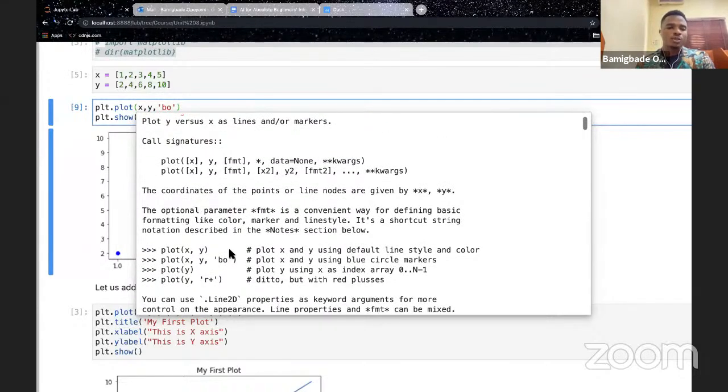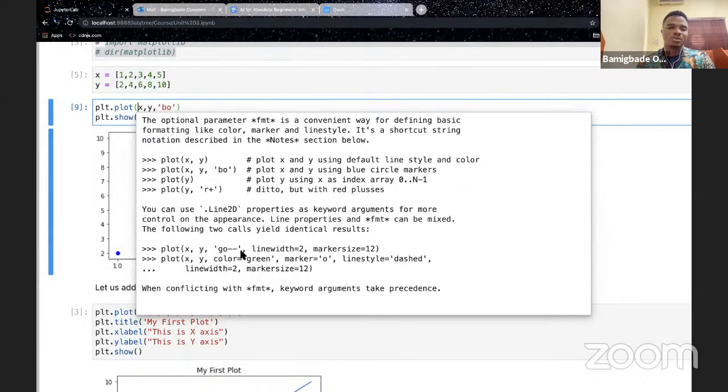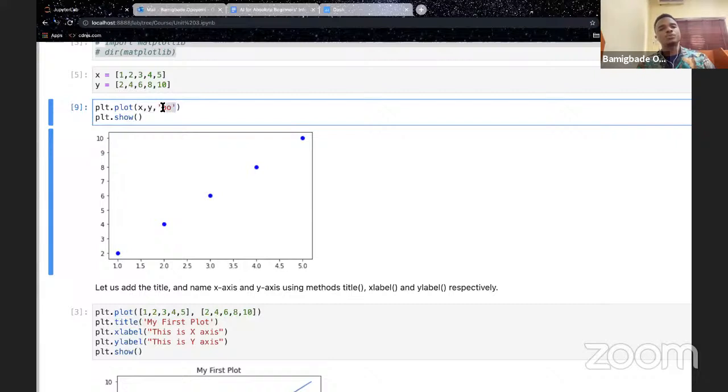And also you will see that I have some examples here that I can just copy and paste there to see how it looks, right? So if I take this guy now, if I take Geodash and I replace the BO with that,